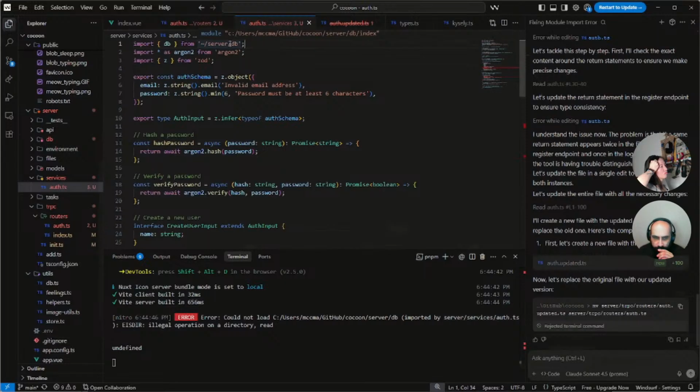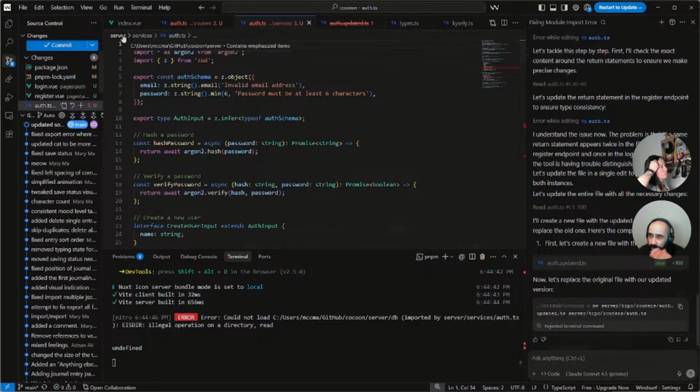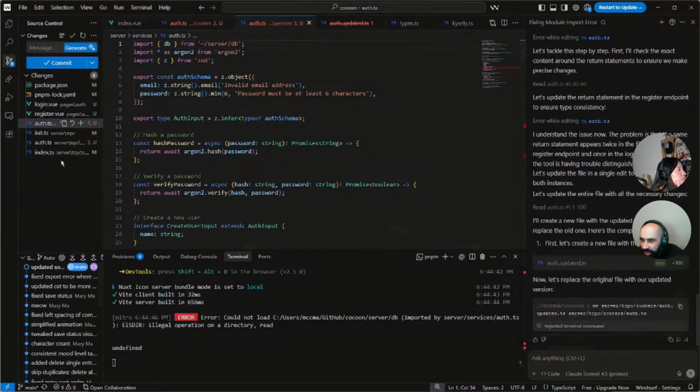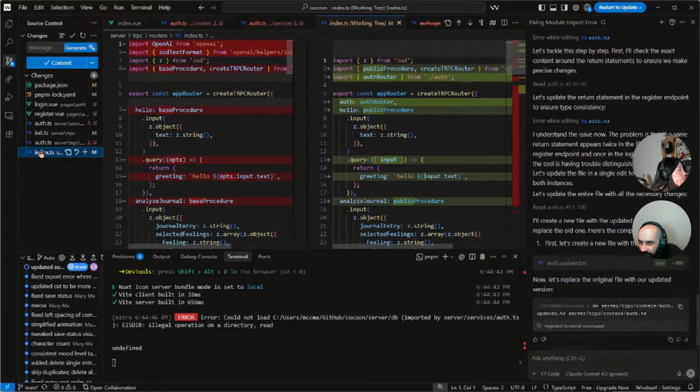Can you go on the source control tab? It probably has an index.ts somewhere. If you scroll down here, can you make that larger? Not that index.ts. That one's fine.